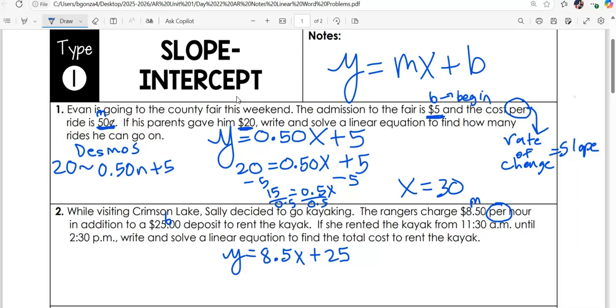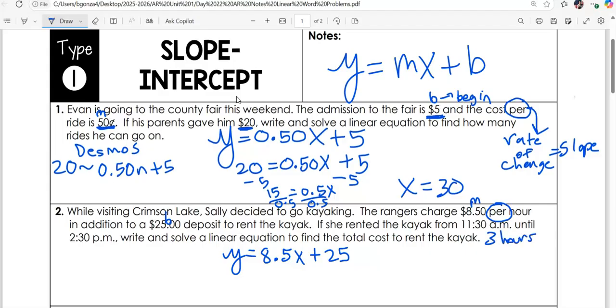Now, it says if she rented from 11:30 a.m. to 12:30 p.m. How many hours is that? 2 or 3. Well, which one? So 11:30 to 12:30, 1:30, 2:30 is 3 hours. Count it, okay? So they're saying after 3 hours,